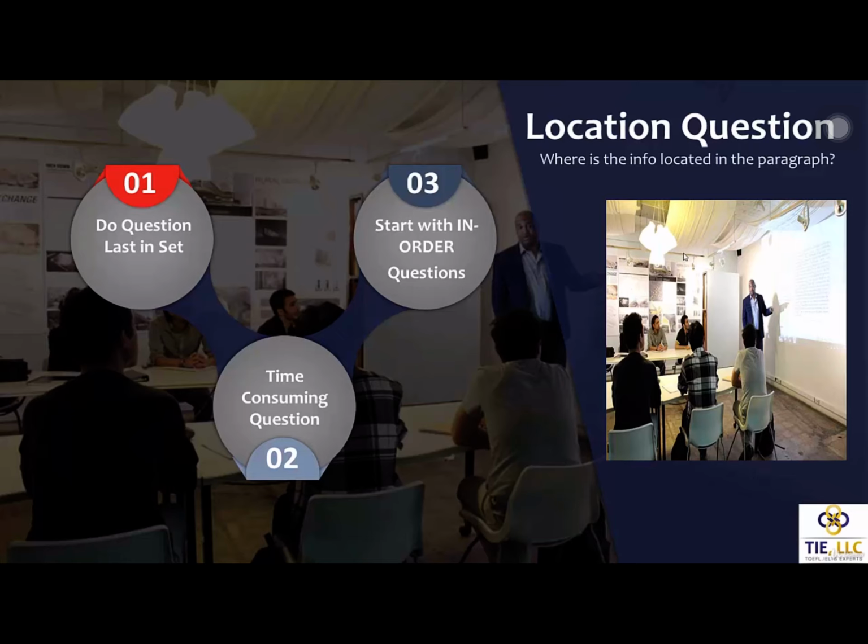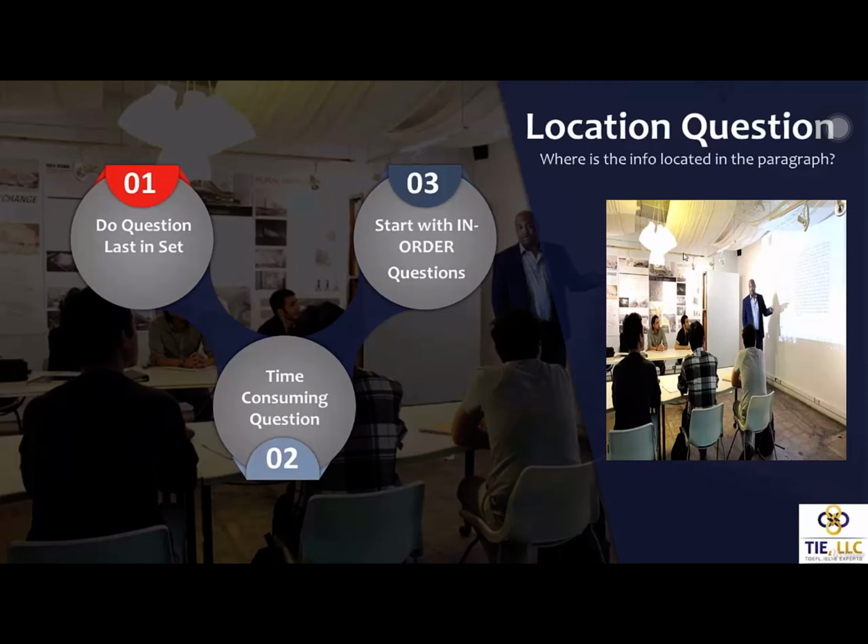If you do it first, you're about to make it really, really difficult, because the question does not go in order, and you'll be spending 10 minutes just trying to scan and wasting so much time. Do the in order questions first, then go back and do the paragraph location question. Okay? Then go back and do the paragraph location question,